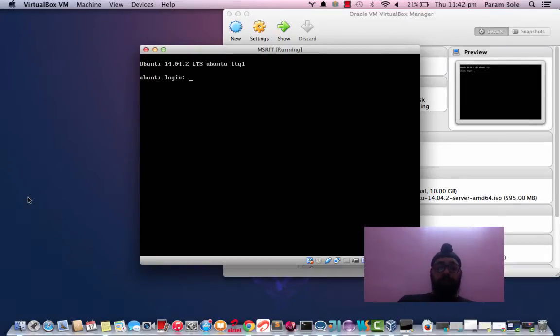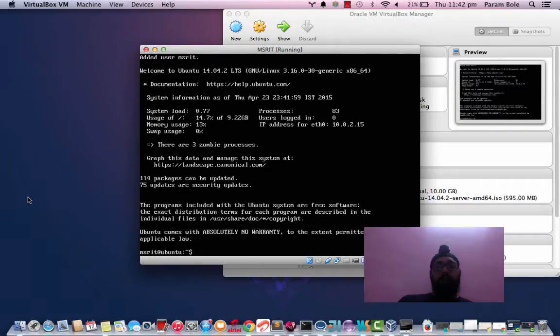So the Ubuntu login is MSRIT. The password is MSRIT, and now it is ready to use. Now first let's run a command: sudo nano /etc/network